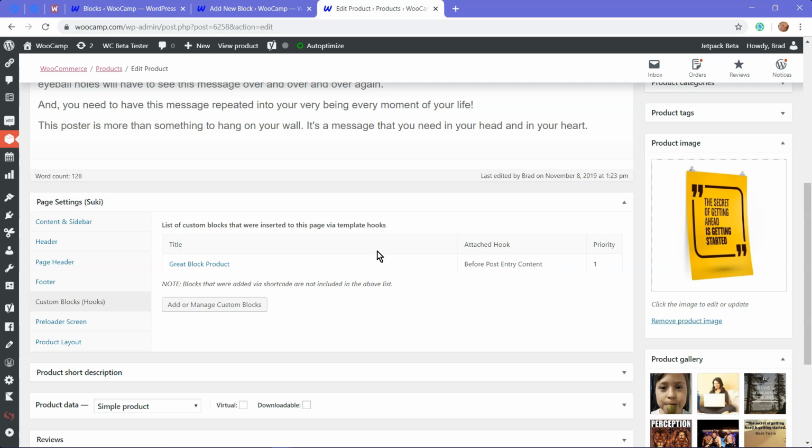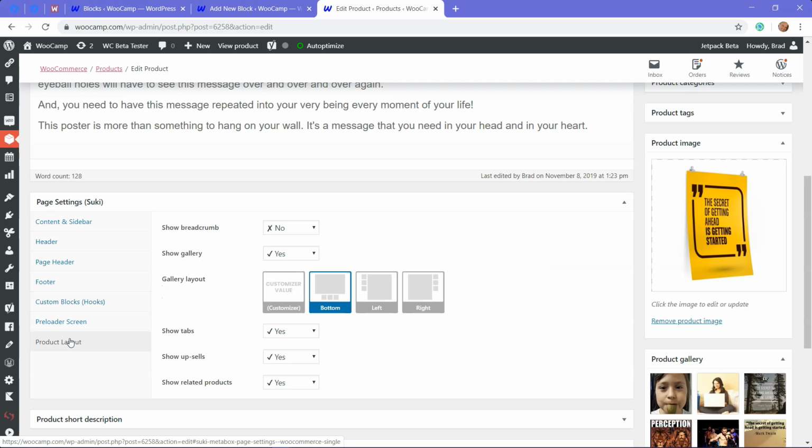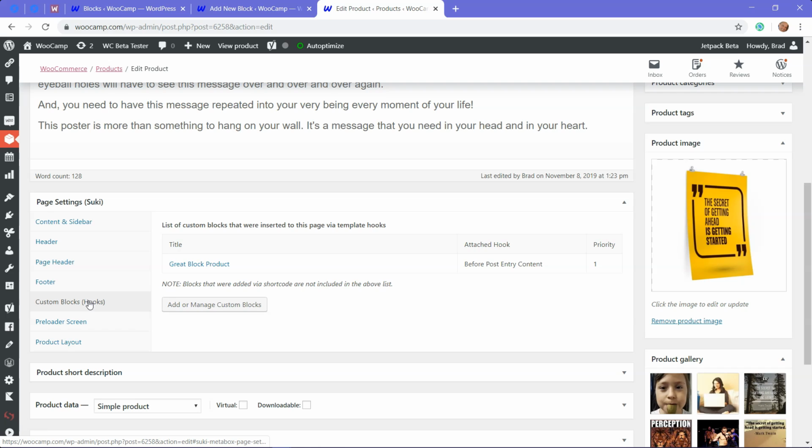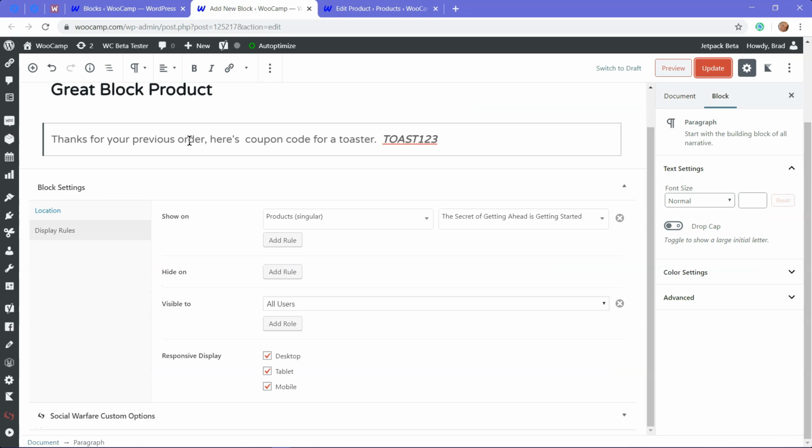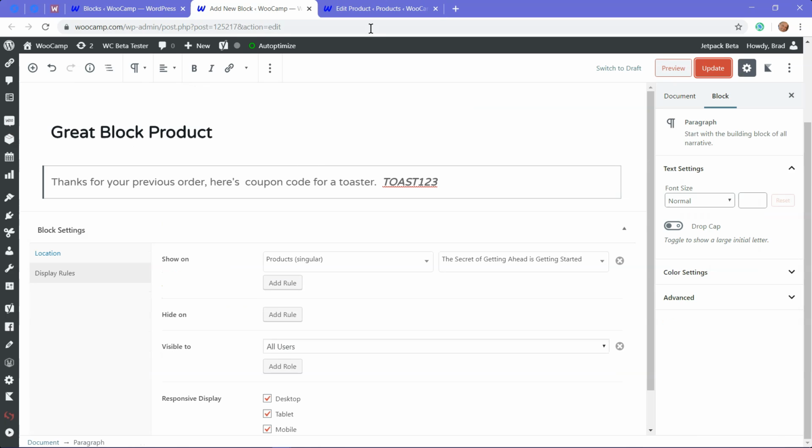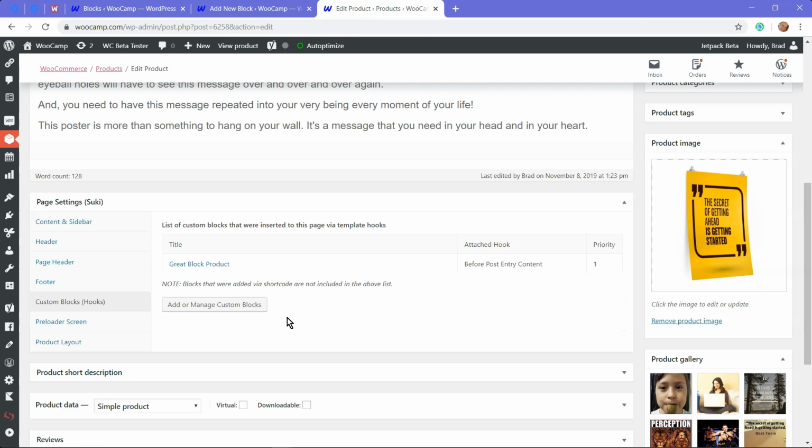And you can add all of those conditionals right in here. And of course, obviously, you can change the product layout as well. But the important part is, this also shows you not just in the add new block area, but then when you go to the product page itself, it will actually show you and remind you, hey, look, you've got a couple of blocks edited into this product, and it'll show those right there to you. You can, of course, click this, and you'll go back over to this page right here